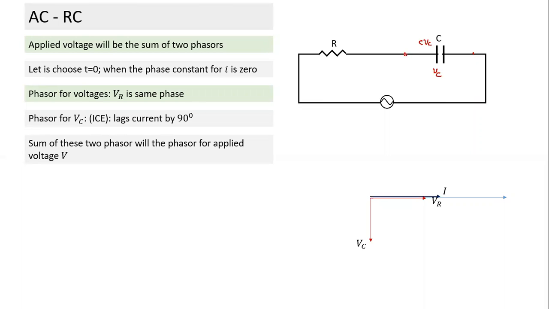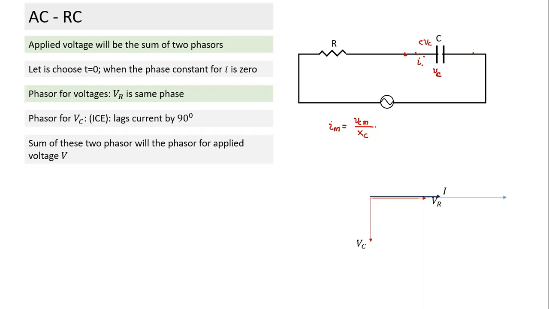Whenever there is a capacitor, there is a definite relationship between the voltage across the capacitor and the current in the wire leading to it. We derive it once, and we have to understand and learn to apply it later on. If this voltage has a certain amplitude, the current also will have a certain amplitude. The maximum value of current as far as only the capacitor goes will be VCM divided by XC.